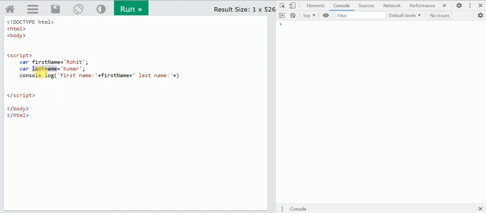Plus is nothing but the concatenation operator. Concatenation is always done by the plus operator.